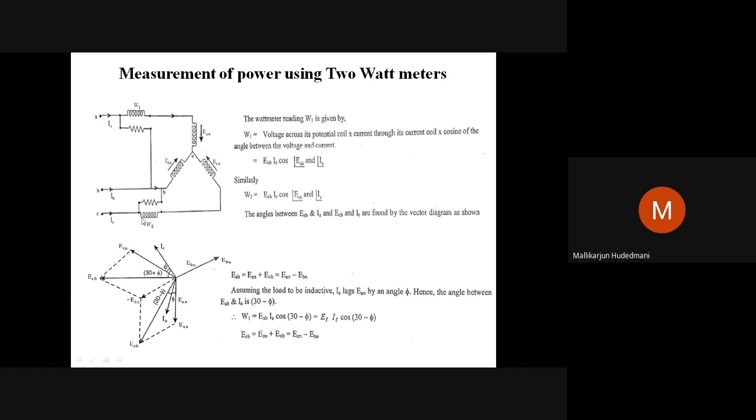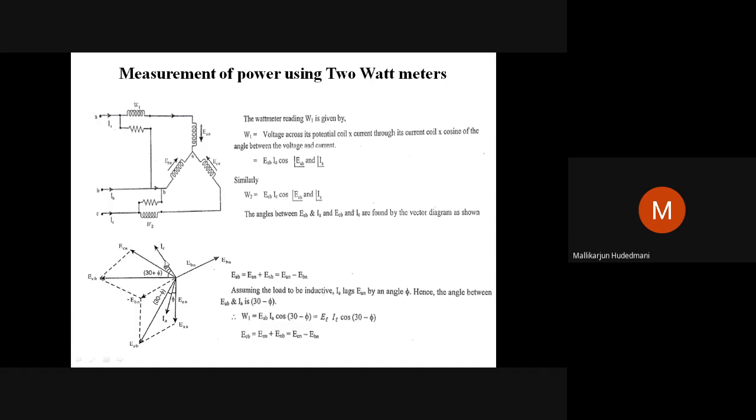Similarly, look at instrument number 2. It is working between ECB. You can see ECB, IC, cos of the angle between ECB and IC. Then ECB I have to construct as EC minus EB. So the EB vector I reproduced already backward. Take this resultant with ECN. Then make another approach here. Get the resultant. This resultant stands as the line voltage ECB. Therefore, my requirement is what? ECB, IC, the angle between these two. Cosine of that I am in need of.